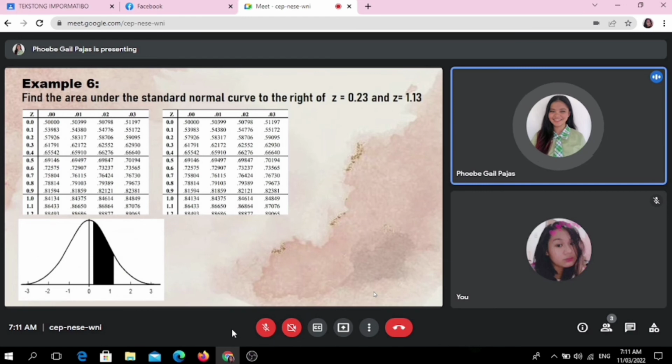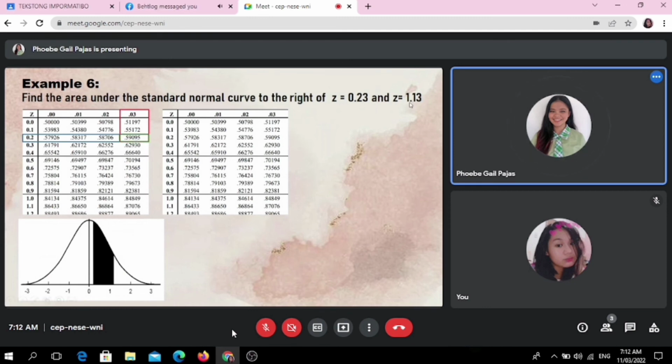Another example. Example number 6. Find the area under the standard normal curve to the right of z equals 0.23 and z equals 1.13. So, first, hahanapin natin yung value ng 0.23. Since walang whole number yung 0.23, we will look the first decimal place, which is 2. Then, we will look here. Tapos, since yung last decimal place is 3, we will align it to 3. Then, the intersection is